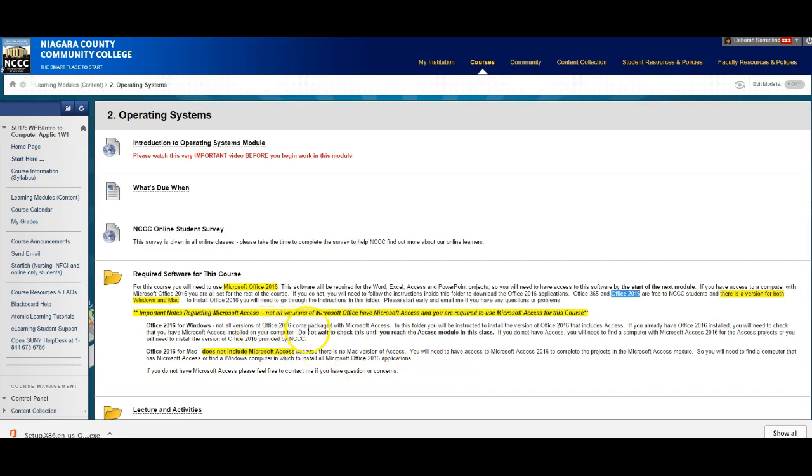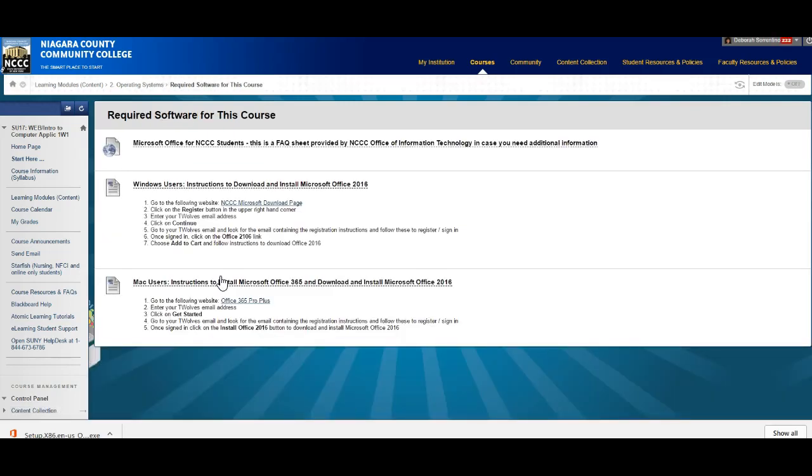So again, I'm going to go through this process because it's important. You can read this over, and again, if you have any questions, you can let me know. I'm going to click on this folder. This is a fact sheet provided by NCCC Office of Information Technology with some additional information, but I tried to put this information here